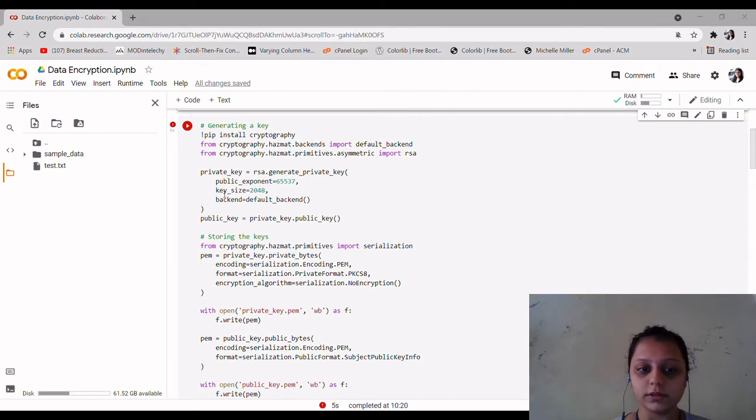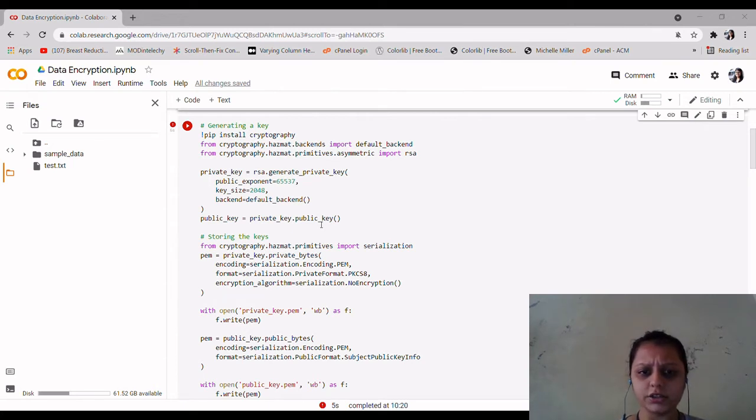Here I use the default backend, but if we do not mention any backend, it will take a default backend automatically in any cryptographic operation. The public key will be found in the object that holds the private key, which holds the creation of the private key.